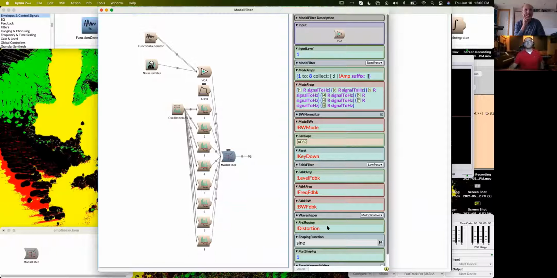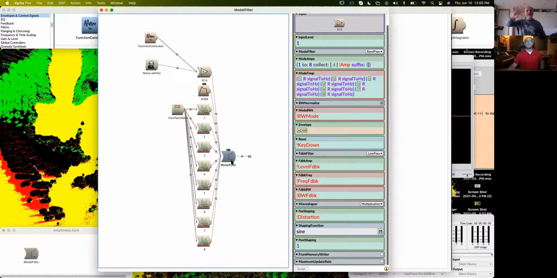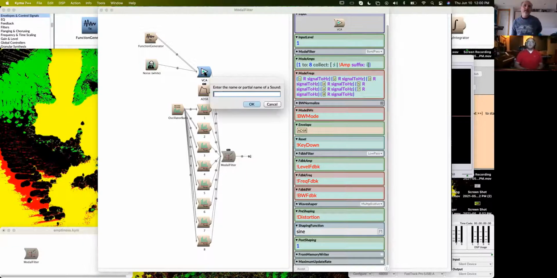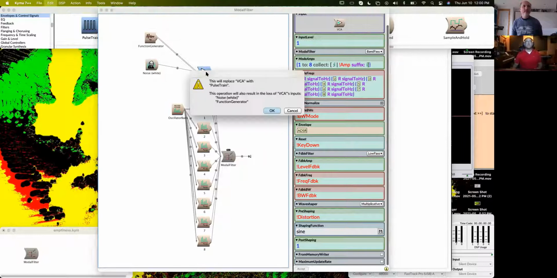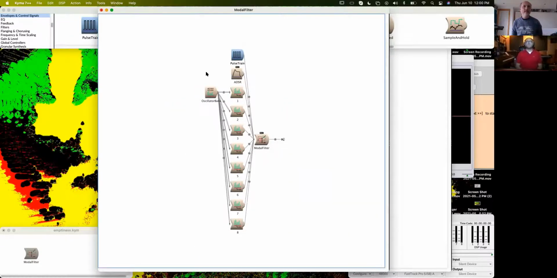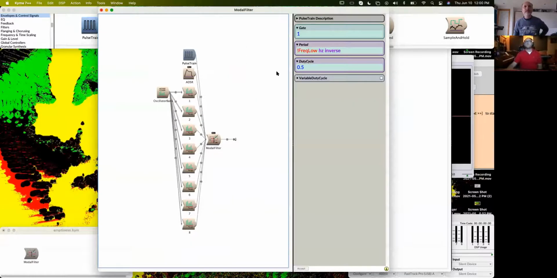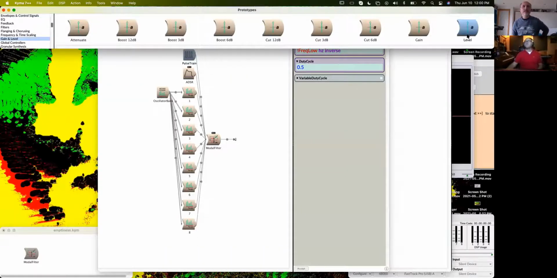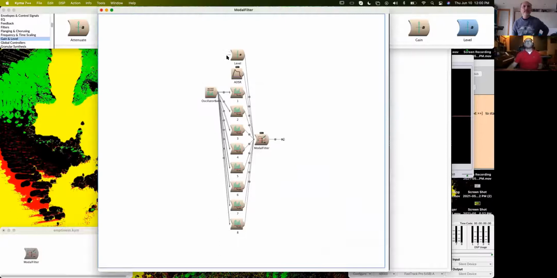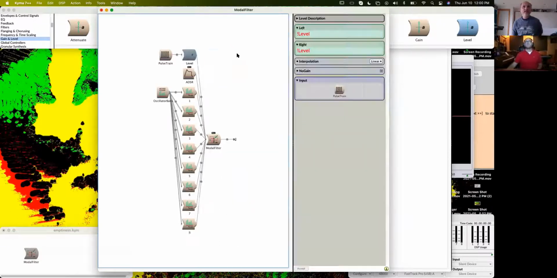So let's just, instead of that VCA, let's get rid of that thing altogether. Just replace that with the pulse train so we can clonk it. Okay. And the pulse train might need a bit of attenuation. So put a level after it, actually. So far, so good. So that ADSR, which goes into the modal filter,